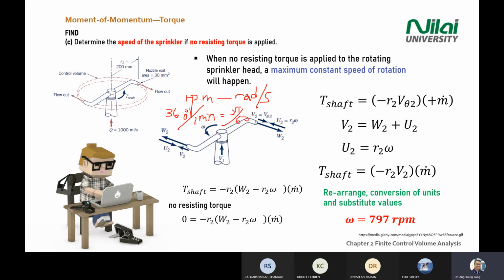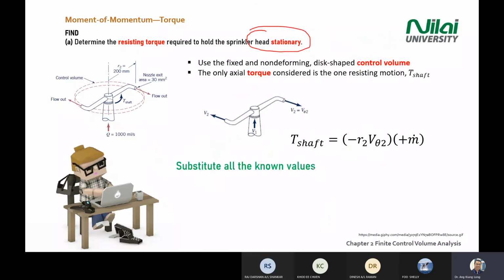Then you manage to find. So in this case, just to cross check your answer, omega will equal to 979 RPM. If you look at the question statement,